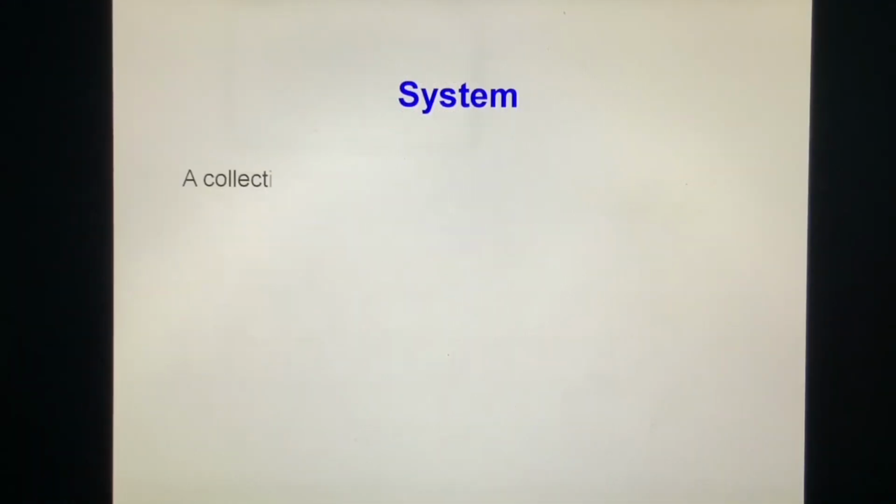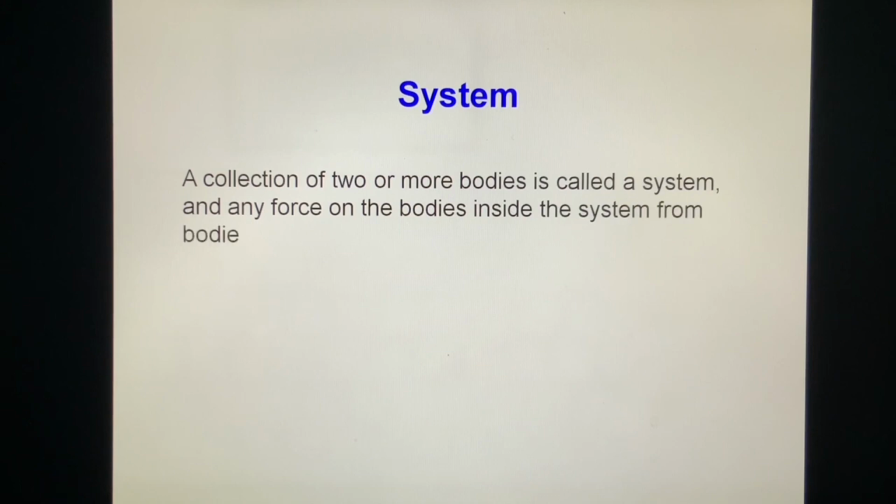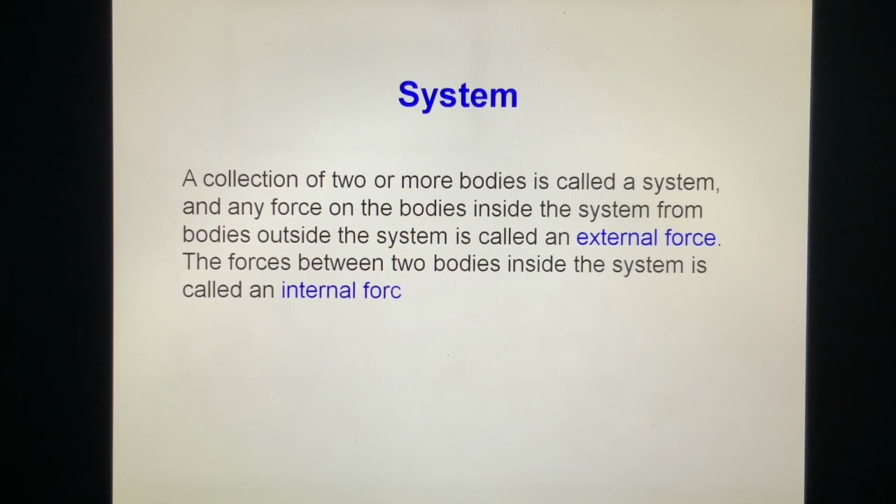System. A collection of two or more bodies is called a system. And any force on the bodies inside the system from bodies outside the system is called an external force. The forces between two bodies inside the system are called internal forces. Sigma F internal force equals 0